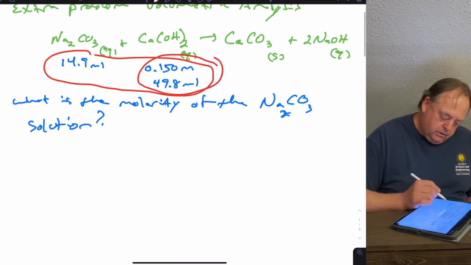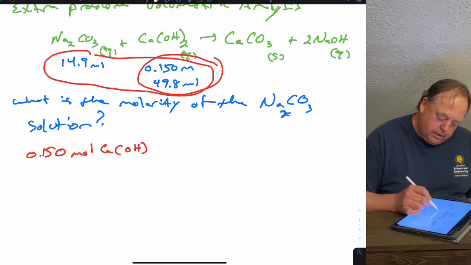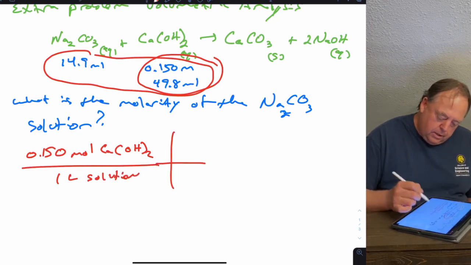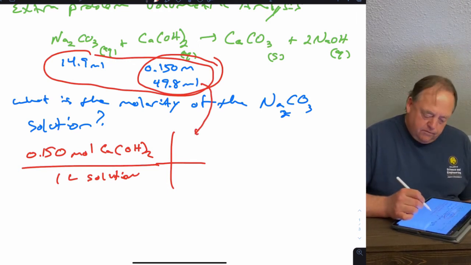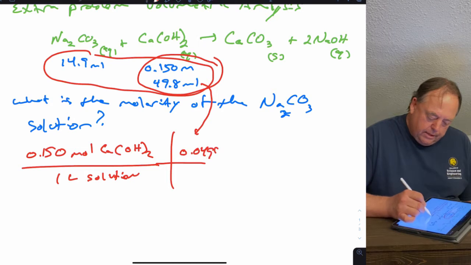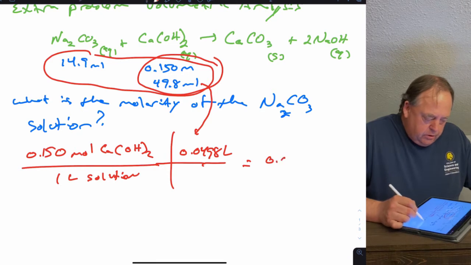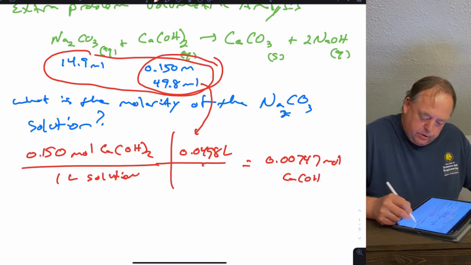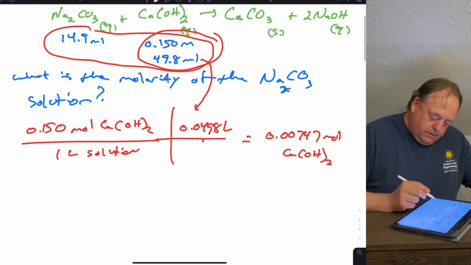So 0.150 molar means 0.150 mole of calcium hydroxide per 1 liter of solution. And if you multiply by the volume, so take the 49.8 mL and convert it to liters, so 0.0498 liters, so divide by 1,000. Then you have 0.00747 mole of calcium hydroxide. Okay, so now once you have that,